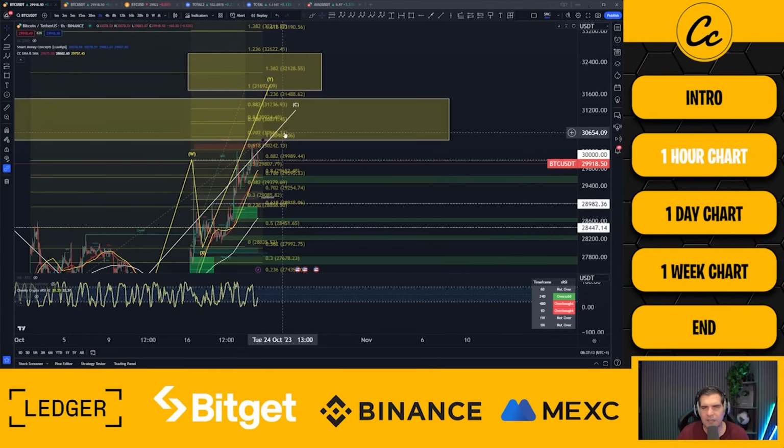32,622, but if we hit that, it does create a scenario of a W, X, Y, X, and Z pattern to play out further upwards later. If we fail to reach or breach that area up here for the 31,488, then that is going to basically just be our C wave. So we'll look for reversals there.